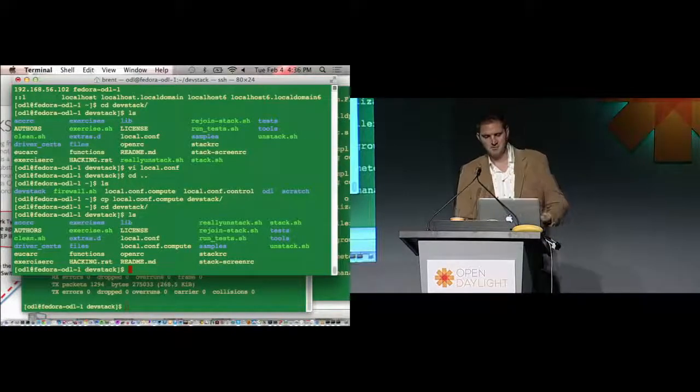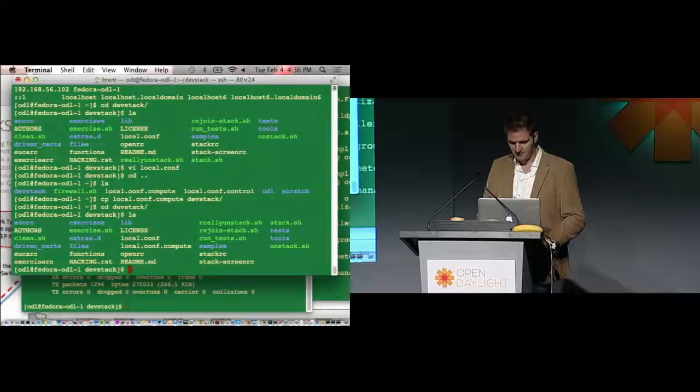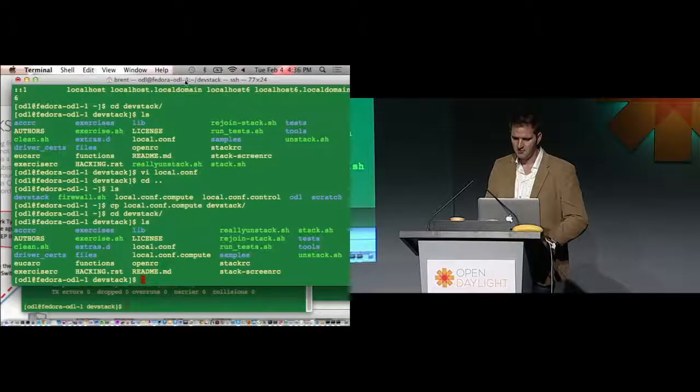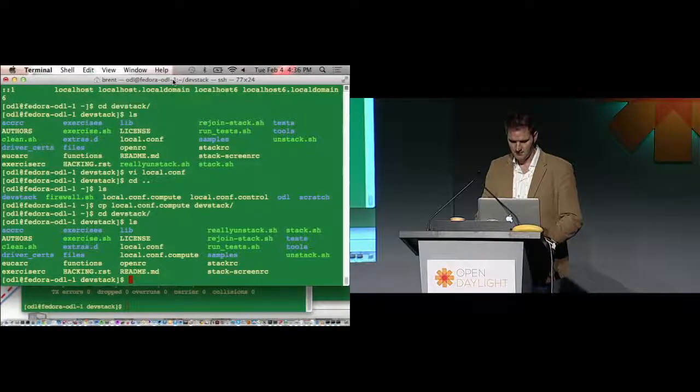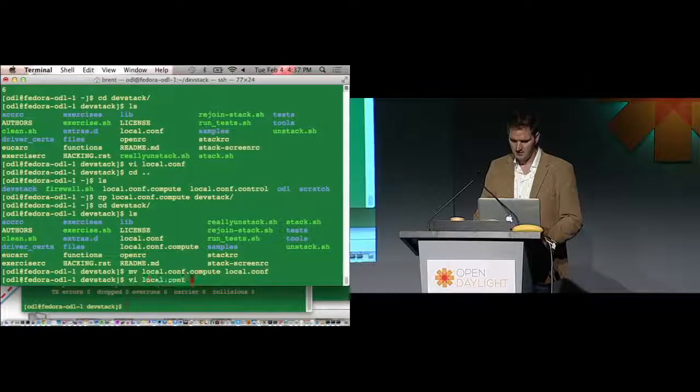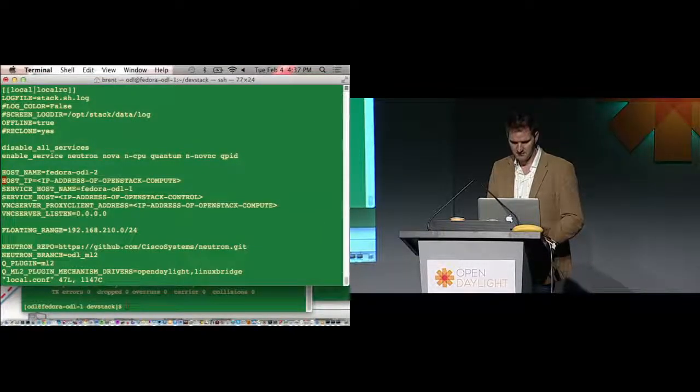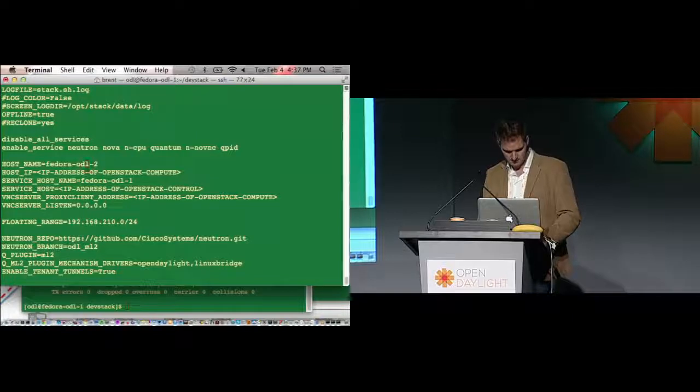So I'm doing the compute node now, so we're going to copy over the local.conf.compute and overwrite the old one. Edit the local conf for compute. Hostname ODL2, that's good. We just need to add in